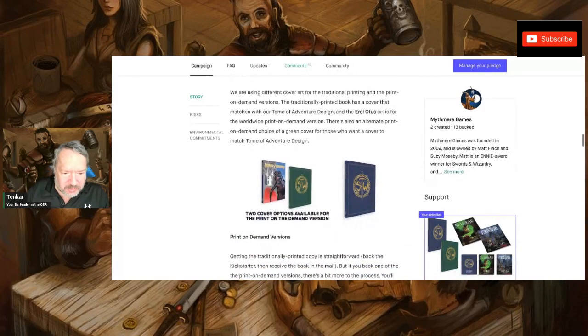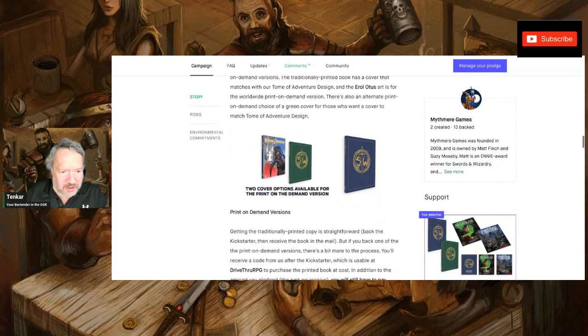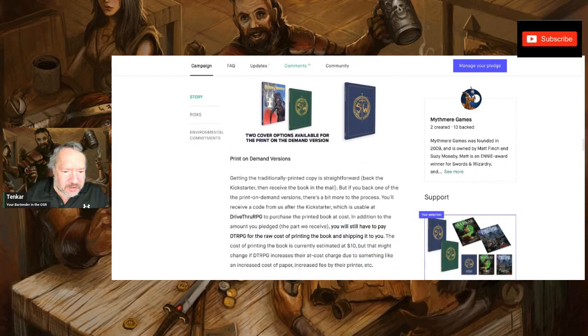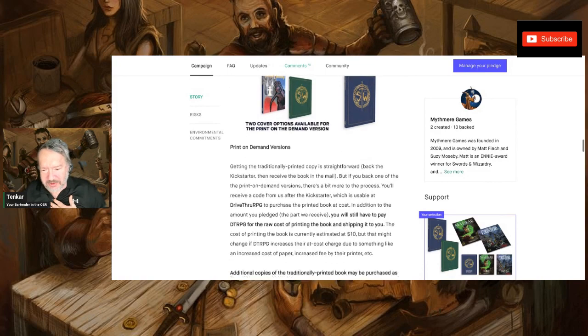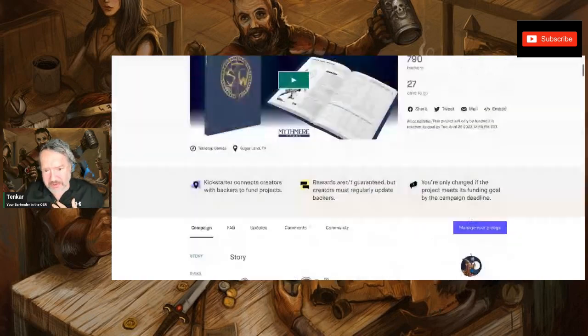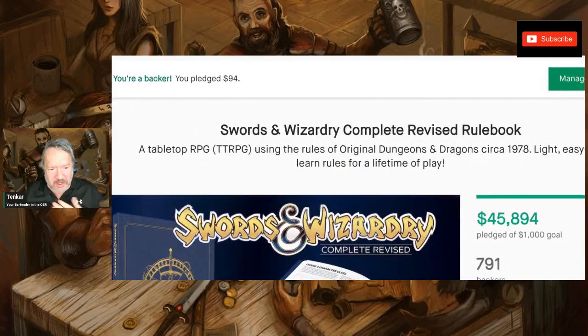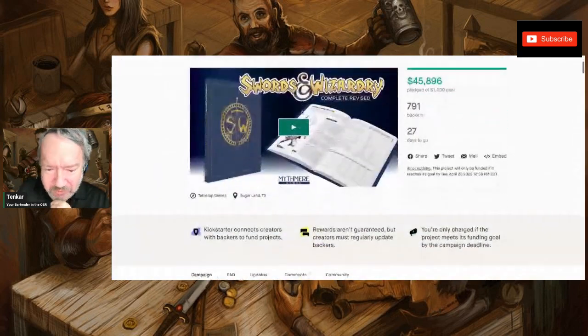Now, the print on demand cover, I'm not thrilled by it personally, but I think that's because, this is a matter of preference here, I don't like the new Swords and Wizardry logo. That's just me. Others are going to like it. I like the classic one. So,